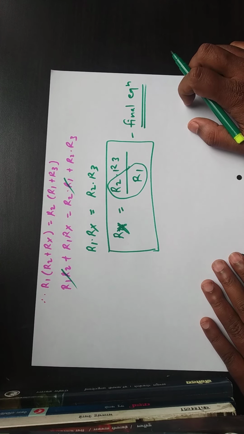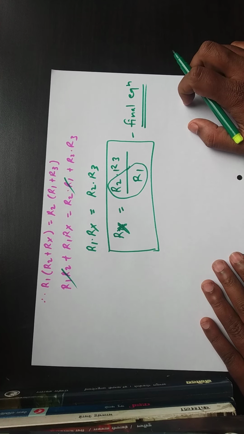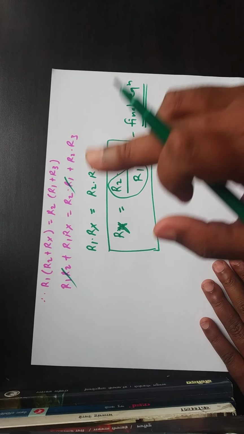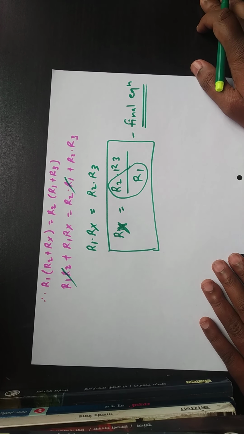Please remember this. This Wheatstone bridge is useful for measuring or finding out medium unknown resistance, not low resistance or high resistance. Resistance in between 1 ohm to 100k can be measured using this bridge. And this equation also tells you that if you know the three resistances R1, R2 and R3, then you can calculate the value of Rx.